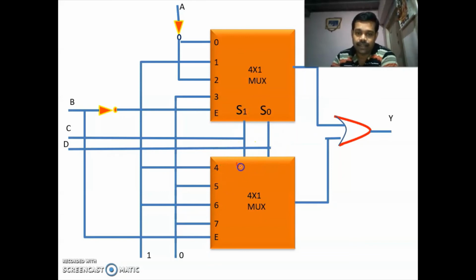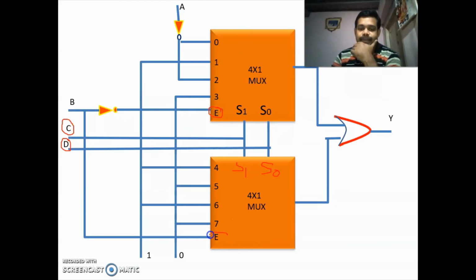So this is also S1 S0. So we have to connect the select inputs of the two 4:1 mux together. Then for those select inputs we have to give C and D.